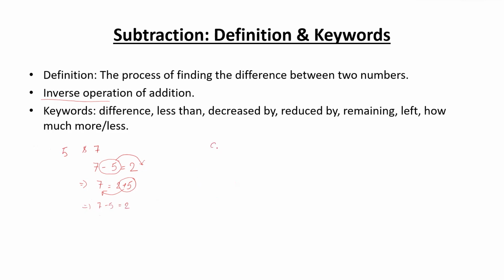What does it mean? Let's say if A plus B is equal to C, this thing is the same as A is equal to C minus B. You can take this thing to this side with minus sign. This is called inverse operations. So plus and minus, meaning addition and subtraction, are inverse operations.